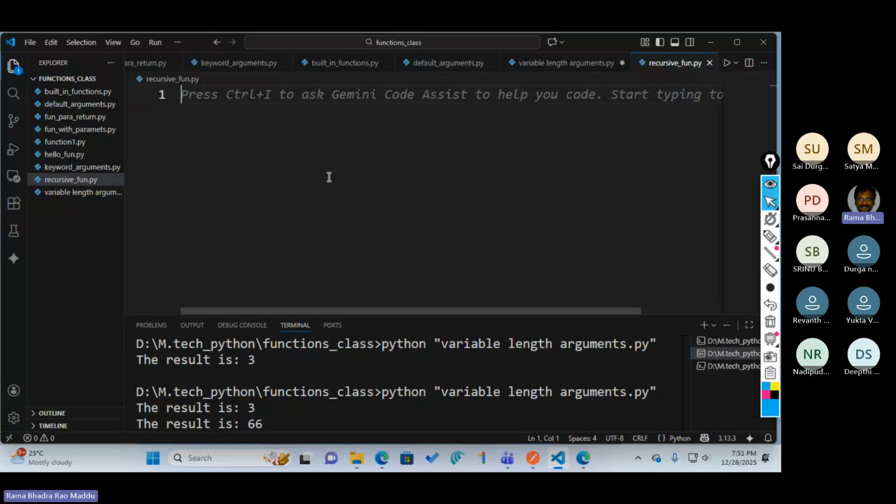A function calling itself is nothing but a recursive function. When you are writing a recursive function, we need to consider two things. One is the base case and another one is the recursive case. What is the base case and what is the recursive case?